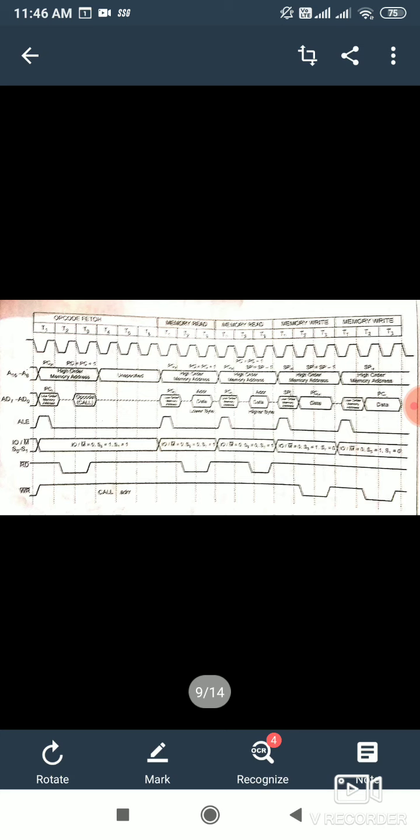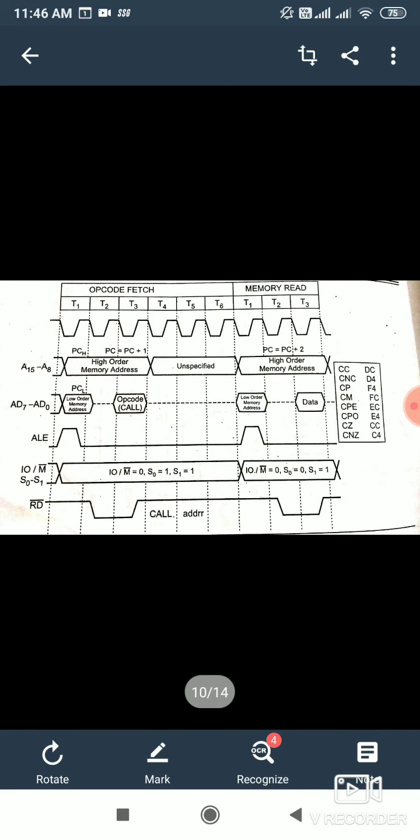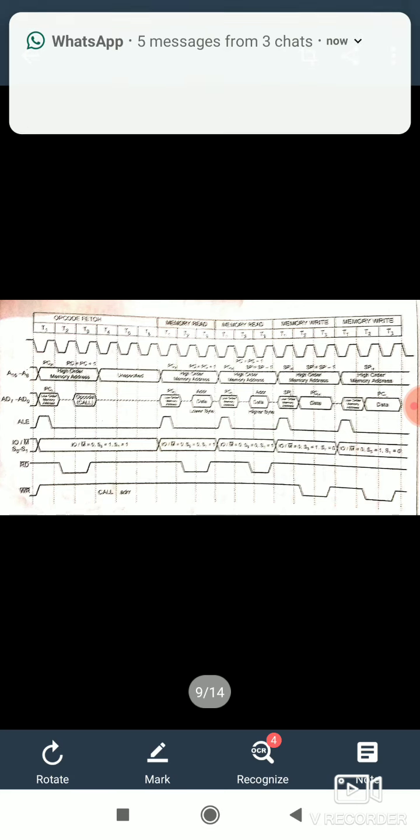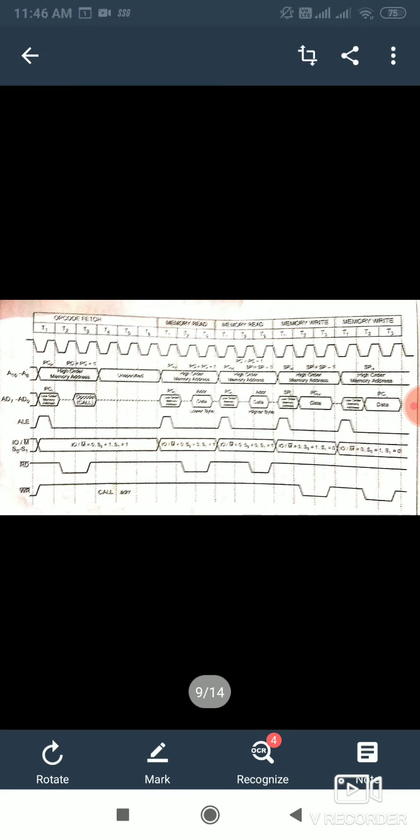After that, the program counter will be automatically loaded with the new call address, which has already been read by the microprocessor in the two memory read cycles. This timing diagram is for the call and conditional call instruction when the condition is satisfied.